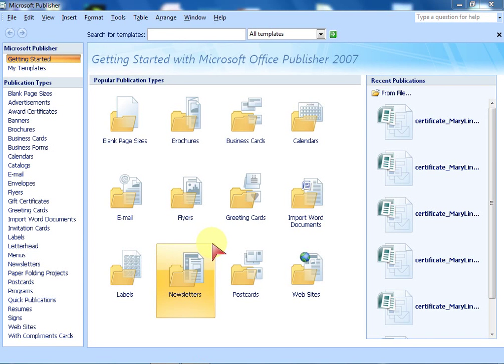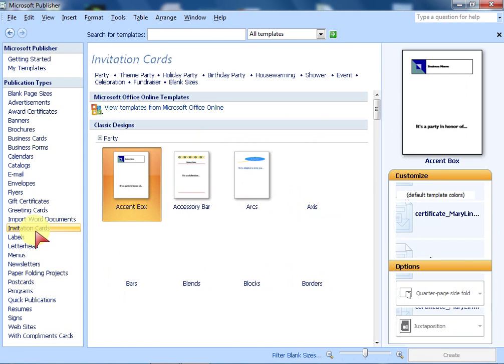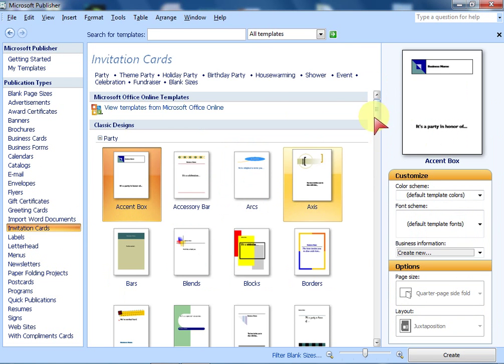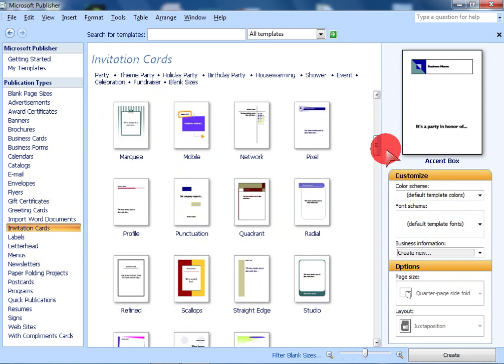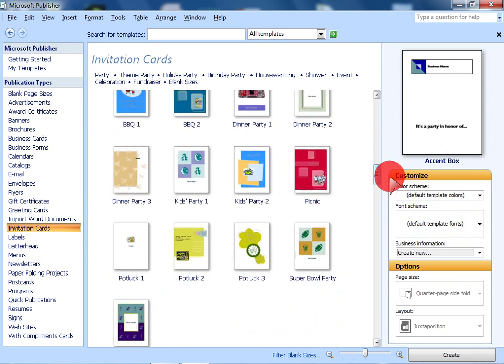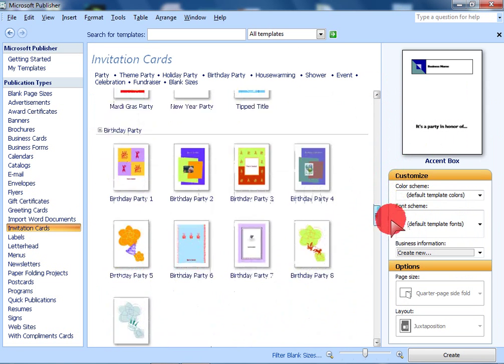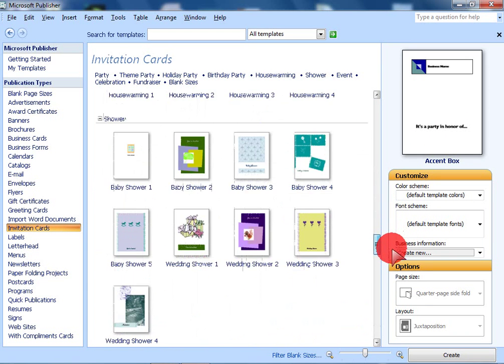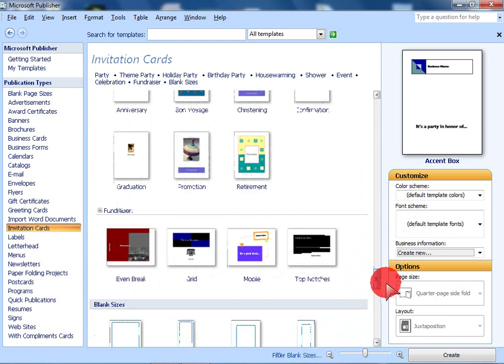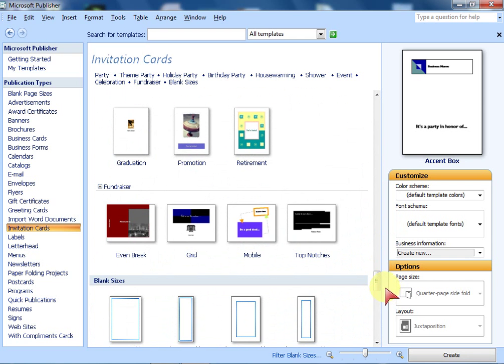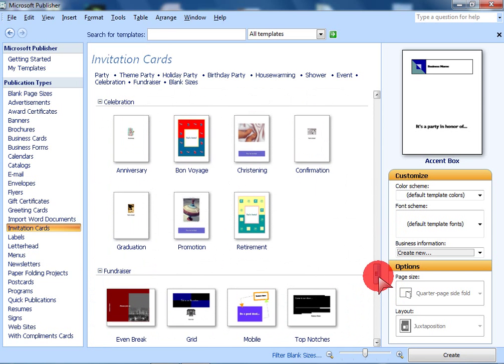Okay, once you launch Microsoft Publisher, you have to look for invitations. The invitations are located here. I'm going to click on it. Now, once you see the invitations, you have to complete what is asked from you. Now, I'm scrolling this down, because the invitations are pretty much at the bottom of all of these